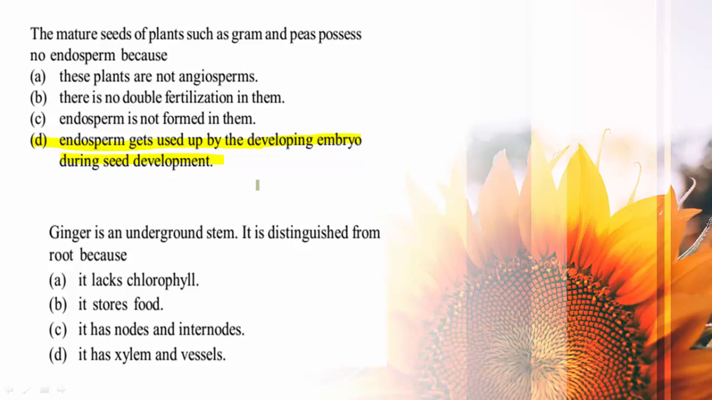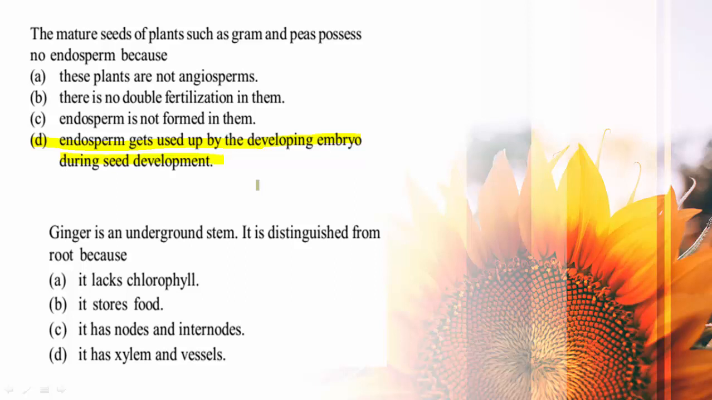Ginger is an underground stem. It is distinguished from root because it lacks chlorophyll, it stores food, it has nodes and internodes, it has xylem and vessels. Ginger is an underground stem. It is distinguished from root because, that means on what basis we can confirm that the ginger is underground modification